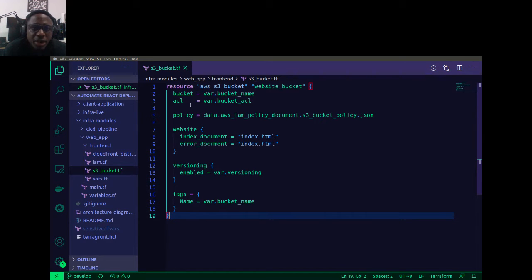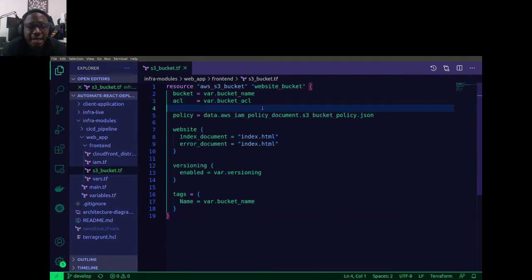And so over here, we've got the S3 bucket resource, which I'll be creating. And there are a couple of things that I'll say that relate more to someone who may be completely new to Terraform, just so it fills in that blank in case you have any questions. This is how we define the specific resource we want to create. This is the type of resource we want to create. And the second property over here is the name of the resource that we're giving. This is completely arbitrary, whereas this is the actual definition so that Terraform knows this is the type of resource